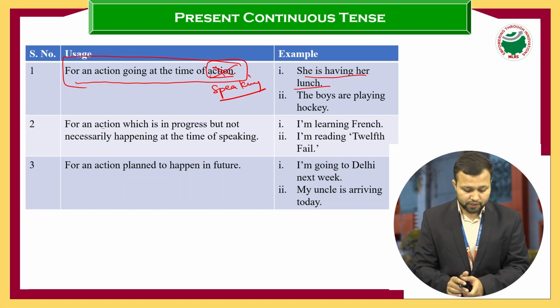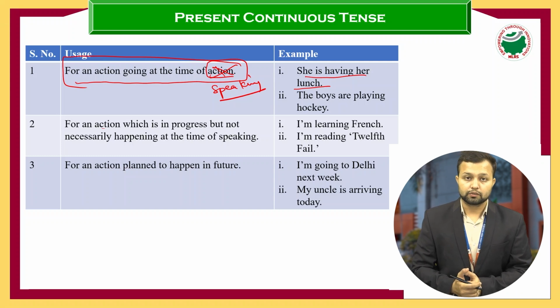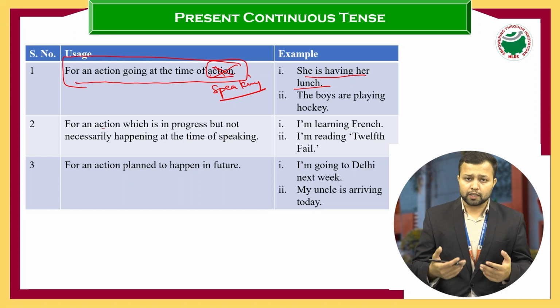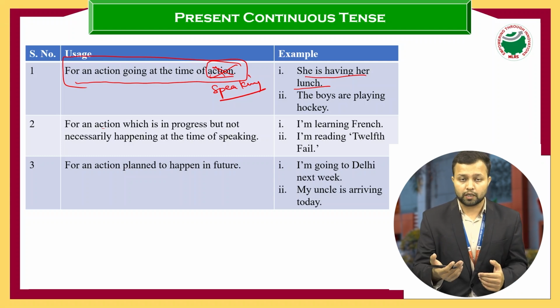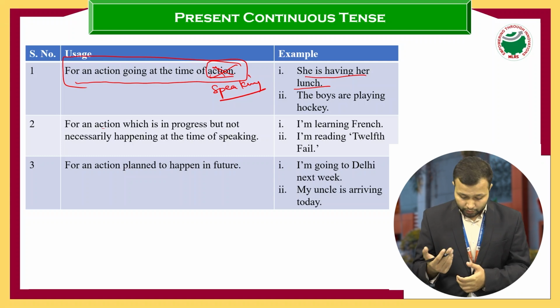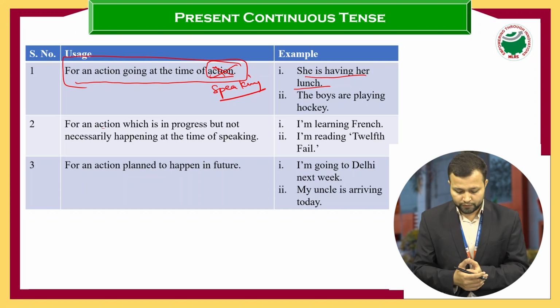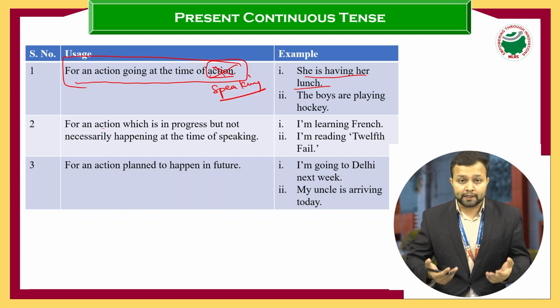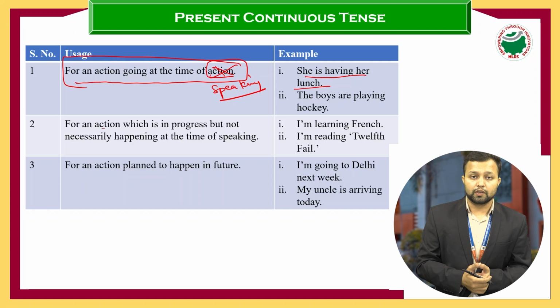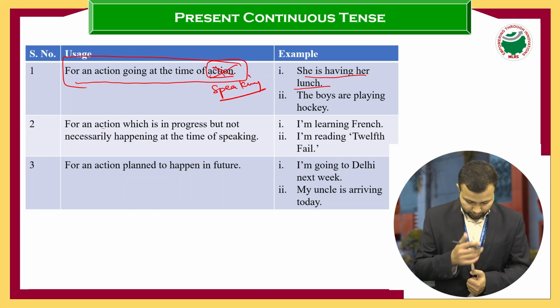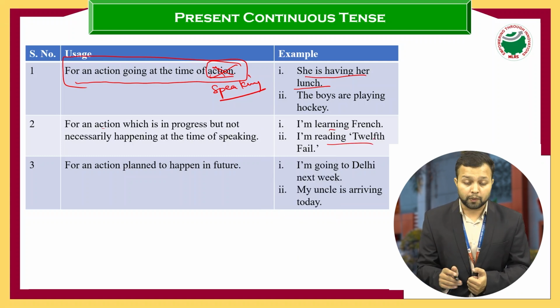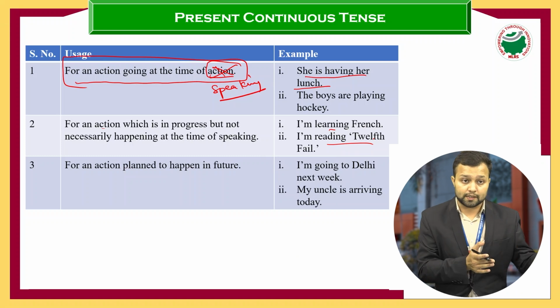So the next one was for an action which is in progress but not necessarily happening at the time of speaking. For example, I'm learning French. It does not mean that I'm learning French at the time of speaking. When I'm speaking, I'm talking to you, I'm speaking this sentence, I'm not learning French at that time. I'm reading 12th Fail. 12th Fail is a novel. So if I say I'm reading 12th Fail, at the time of speaking I'm not reading it. I'm teaching you tenses. Not necessarily at the time of speaking, but this thing is in progress, is continuous